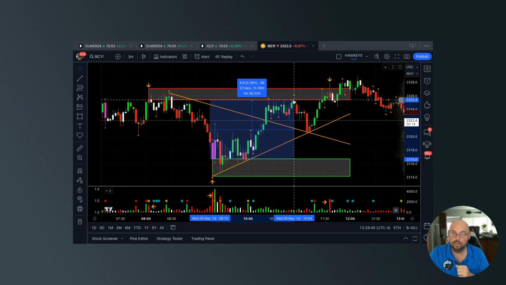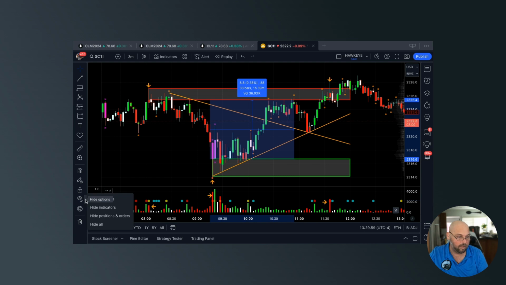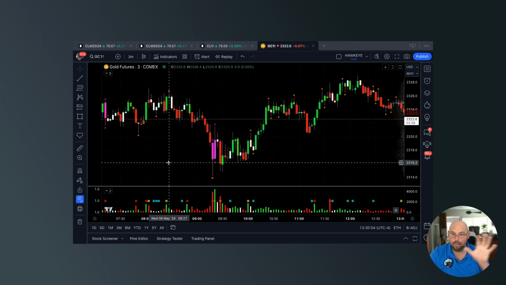Being able to sit back and simply look at volume and price action, and I'll take all the drawings off the chart here, right? That's what my chart looks like when I come to it every single morning. Nothing on it. Hawkeye volume, price action. With that, I am able to now interpret what is happening, when, where, and why, so that I can mark my chart and go, okay,